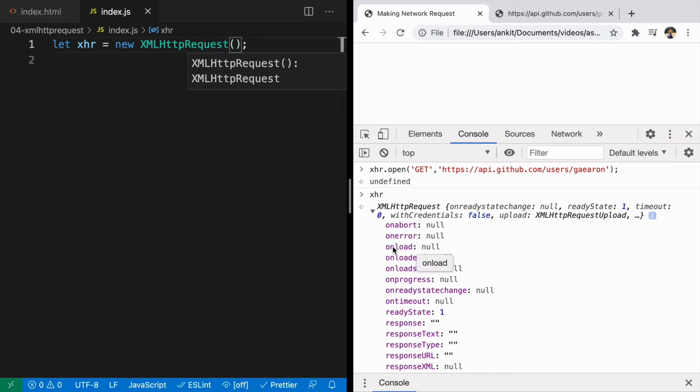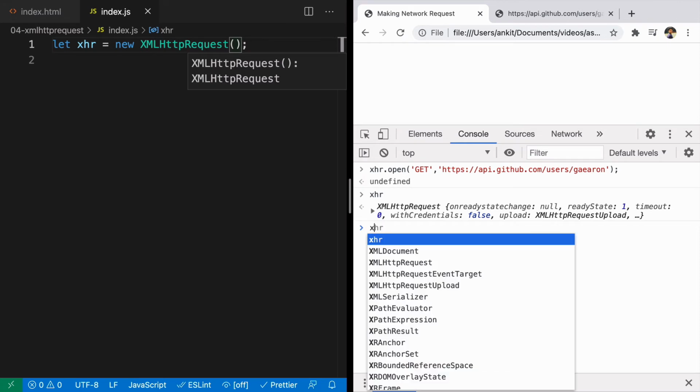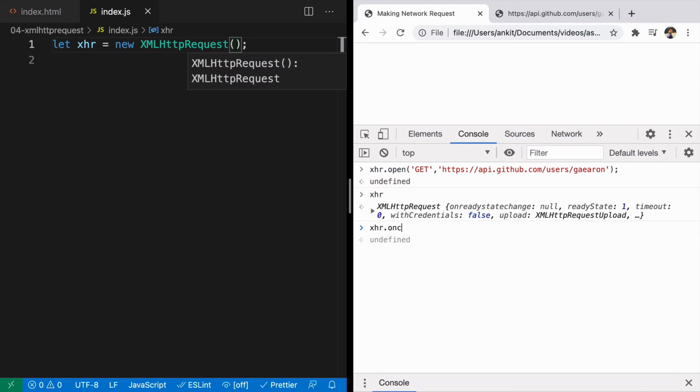Here we just need to add a callback function. So we'll say xhr.onload. One thing to note is that inside onload, we need to write a function reference or function definition. Why? Because we are not the one calling this function. XHR is going to call this function whenever the data is loaded.